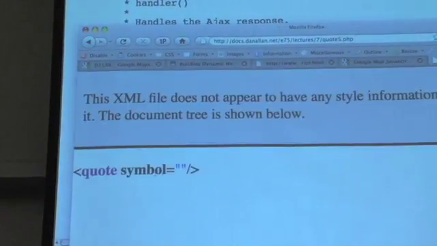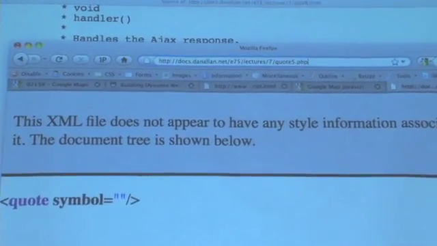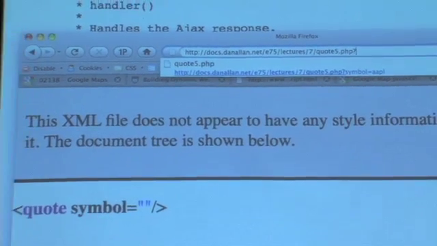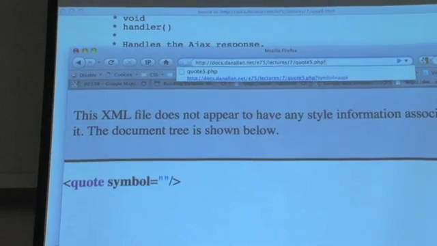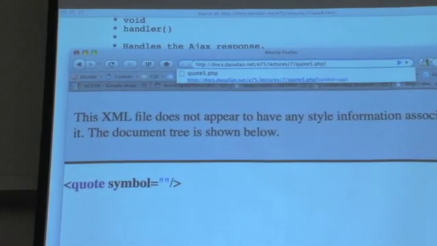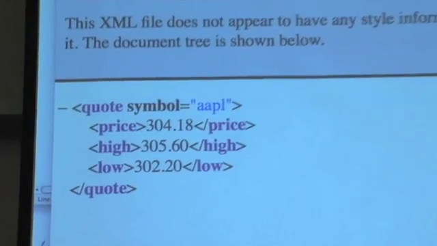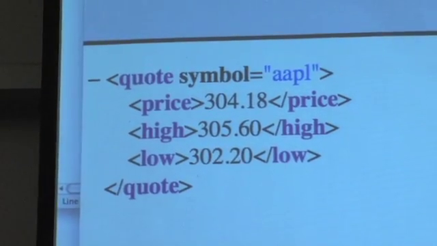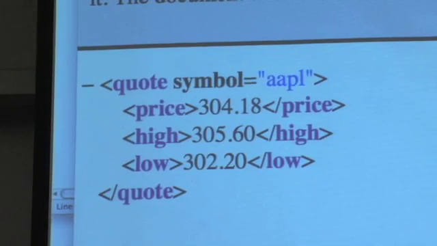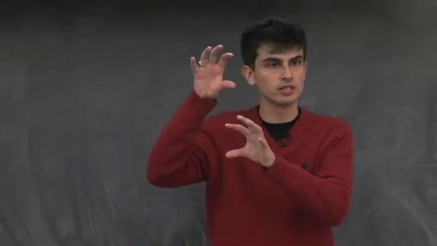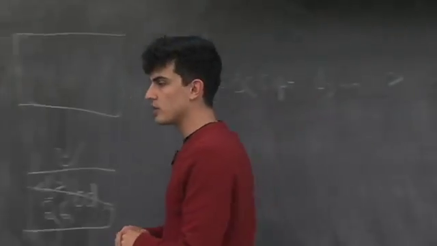Notice that we are navigating what is essentially another DOM. It's probably inaccurate to call it that, but this is just an XML tree. It just has a whole bunch of elements that are rooted and nested like we would see in any typical XML file. So we see that we have these elements here. There's an element named price. And as you might know in XML, you could have more than one element that's called price. So maybe you return more than just one symbol at a time. Maybe you have multiple quote symbols and you have a price for each one. Well, you can use